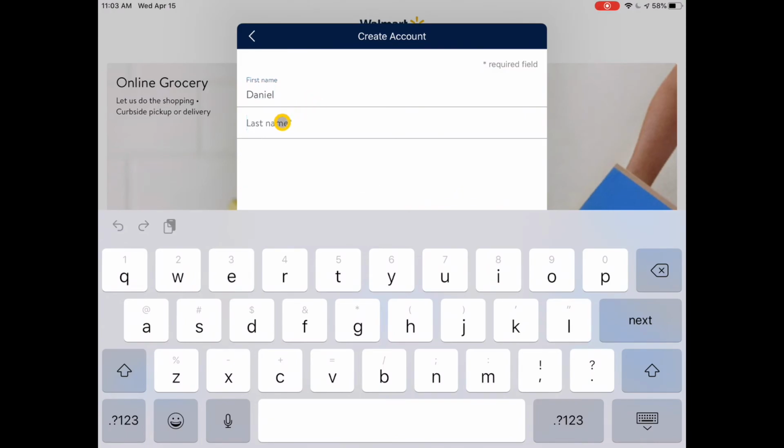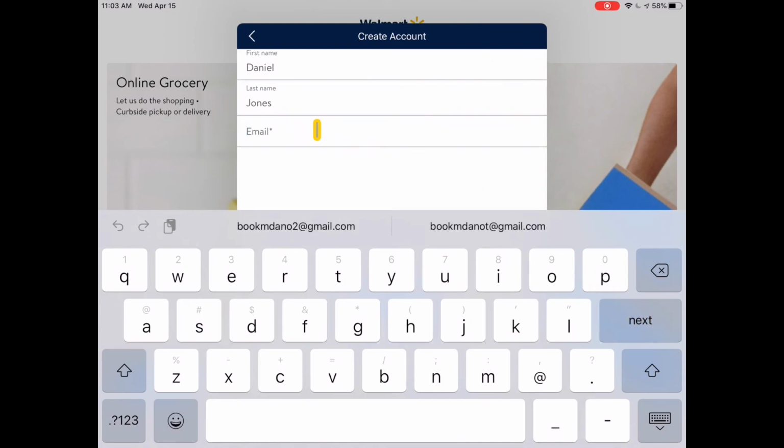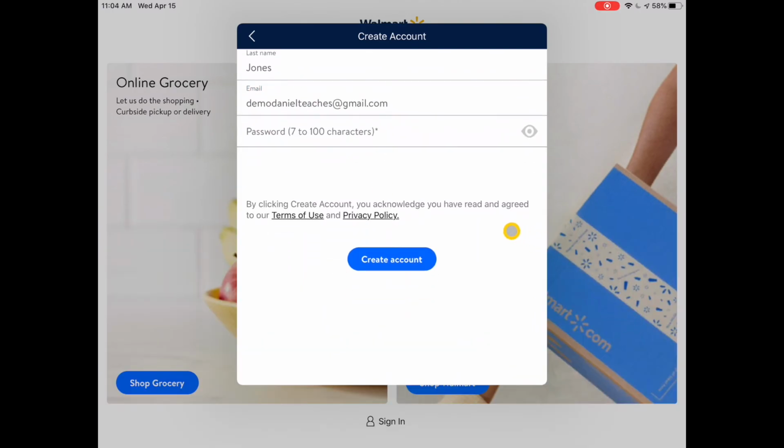tap on last name. On my keyboard, I hit the Next button. It asks me to enter my email address, so I'm going to use my email address that I use for all demos. I'm going to tap on the Next button. I have to enter a